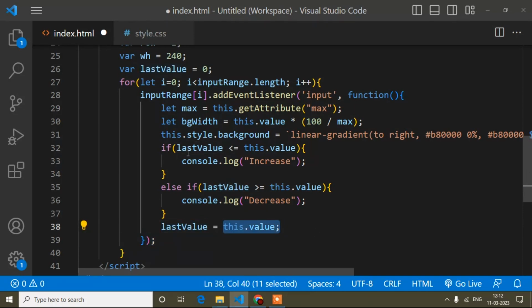After I get that it is increasing, later I store last value as this dot value, which will be 1. Because I stored last value, initially it was 0, but when I move this slider, I have written that it is 1, so this value you will store here. Now the last value becomes 1.